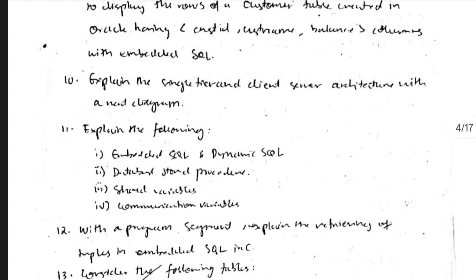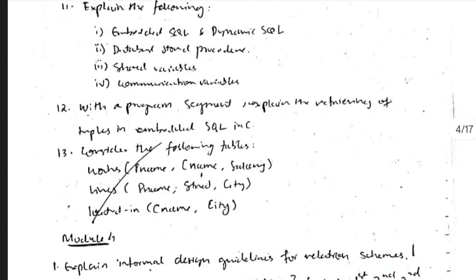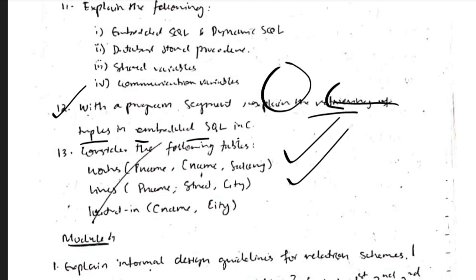The next one is about the different types of architecture and the SQL commands and the variables, and write a program to explain how to retrieve the tuples in the embedded SQL, okay. To retrieve the tuples, first the same things that I have mentioned before, that's the same thing. Establish a driver connection and execute the SQL query. Before that you have to save the SQL query, and after that print the results and close the connection, okay. That's how you retrieve the tuples in an